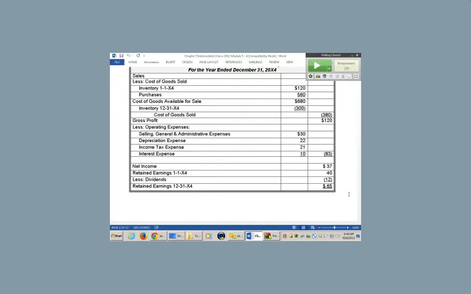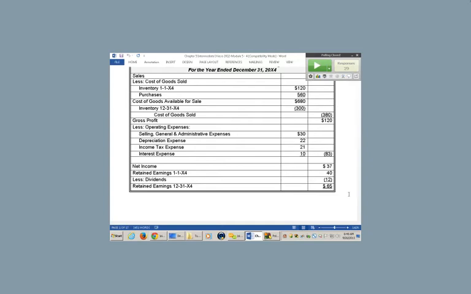Now, I'm also going to help you solve a cash flow statement. What I would ask you to do when you read this is look for gains and losses, look for non-cash expenses, look for dividends, interest, taxes. See what the company has and how it's going to affect your cash flow statement. So I've got one non-cash expense here, which is depreciation. I don't see any gains and losses. Dividends, now I know these are declared, but are they paid?